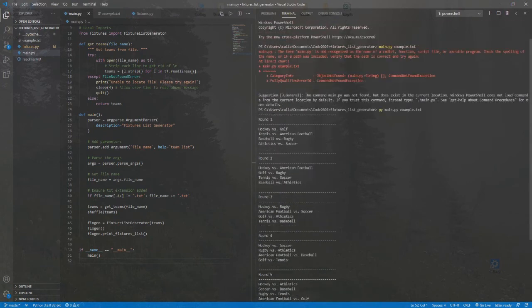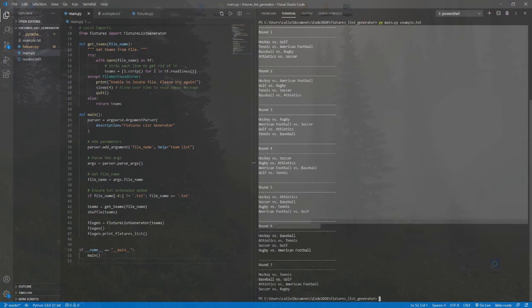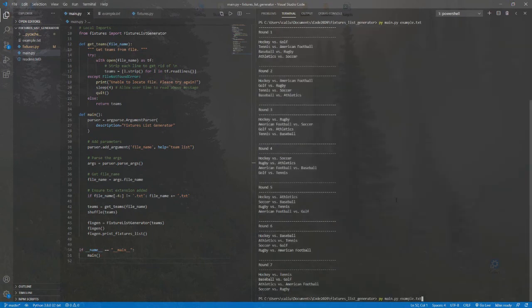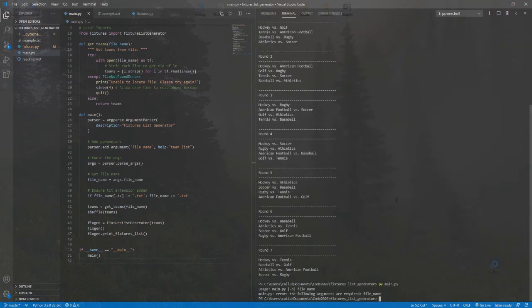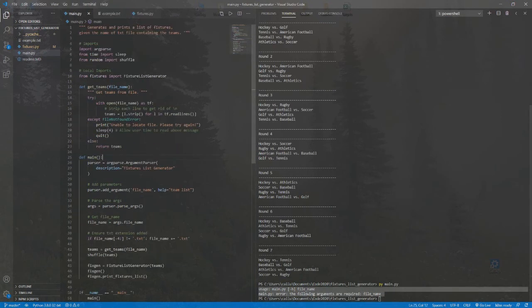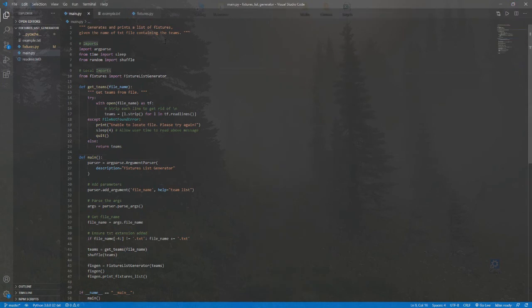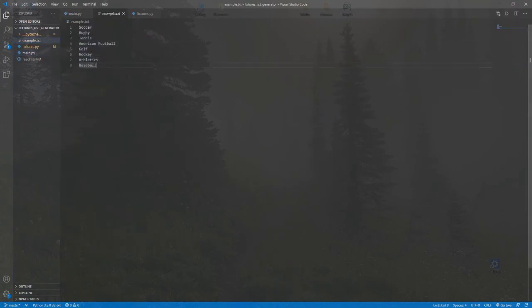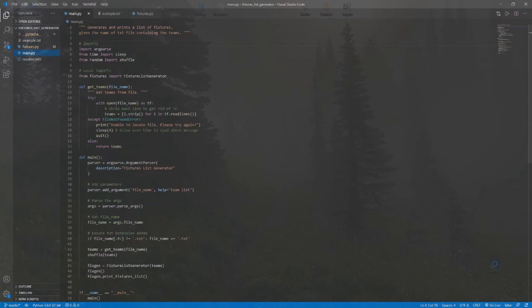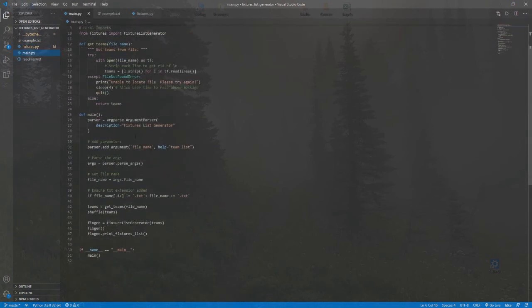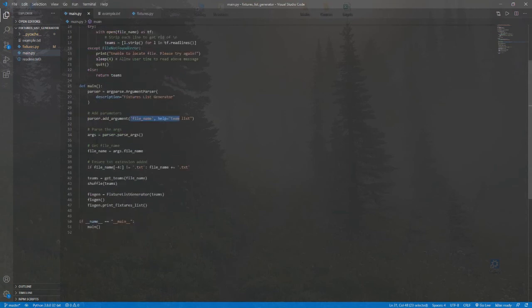My bad. Then it generates this according to the file. If I left this blank, then it would say, hey, you haven't entered a file here. So the way I've set it up, you have your teams in a text file, and in main it comes through and says, okay, this is the file name,